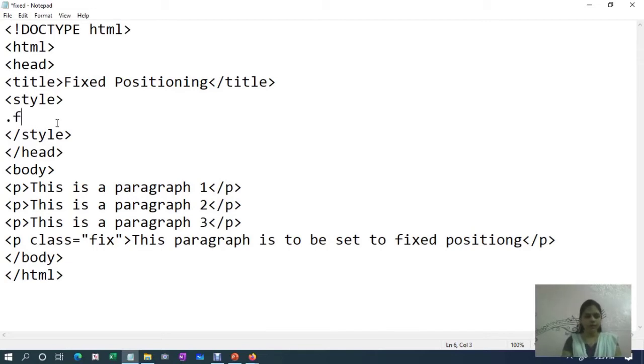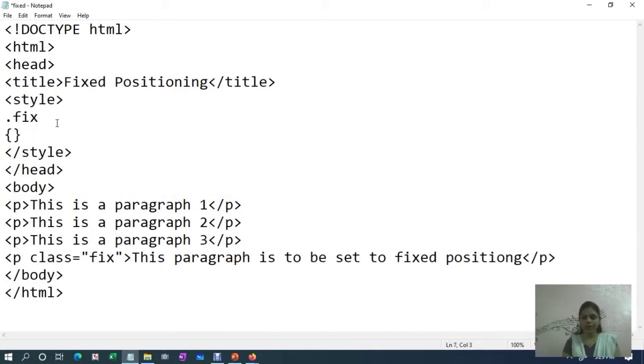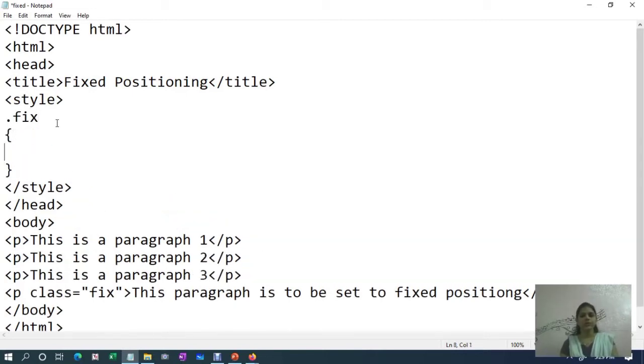So dot fix. After that curly bracket open and close. And now here you want to type a position and top, bottom, left, right properties. So first let us write a position property. Position colon, we want to use a fixed positioning here. So position is equal to fixed.